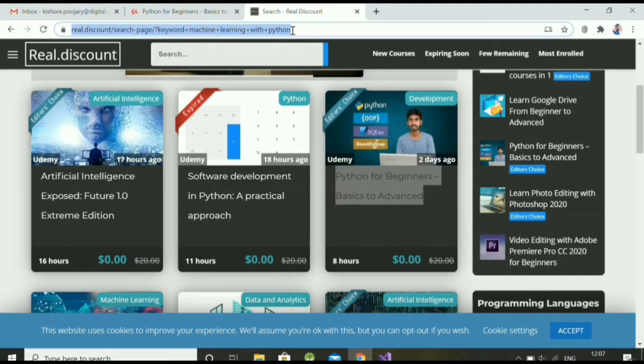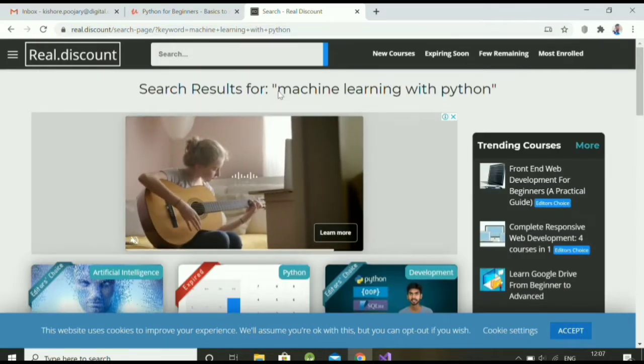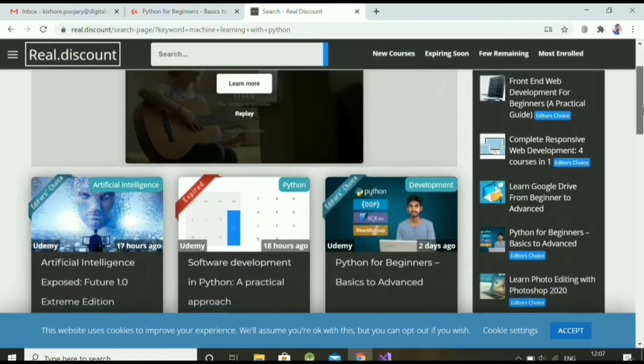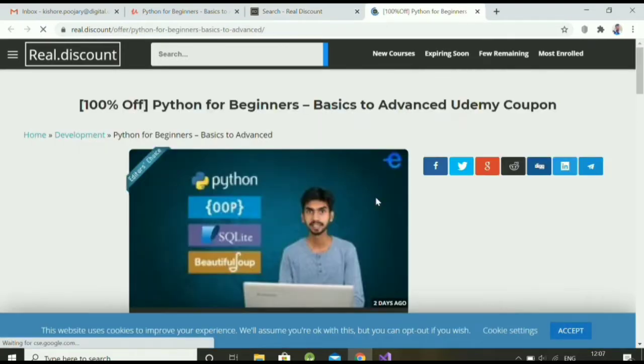You can see how I will get this course for free. This is the first website where you can get free courses. It updates on a daily basis, so you may not get the same course when you go to this page. I searched for machine learning because I am interested in it. Here you can see Python for beginners, basics to advanced, the same course which I already saw on Udemy.